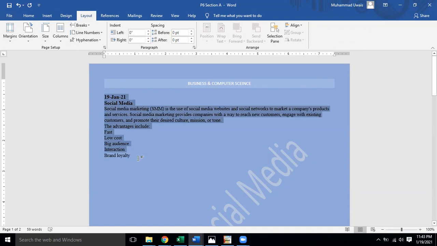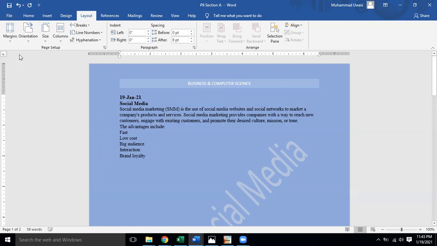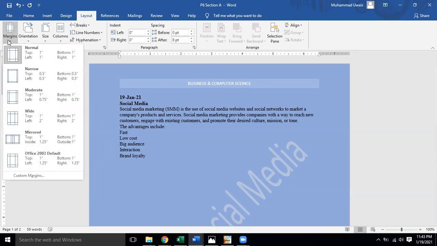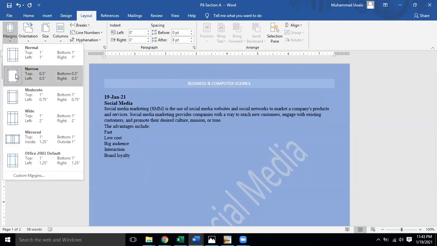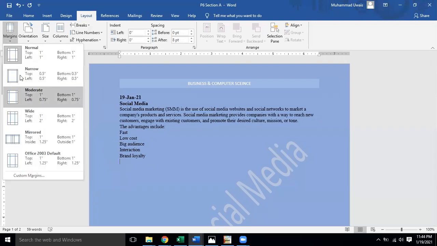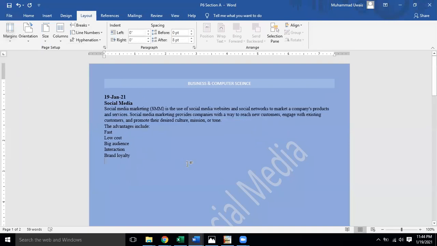If we apply the normal, then the margin is comparatively large. There are some other types of margins, like wide margins. Normally we apply narrow, normal, or moderate, which is between the narrow and the normal. Right now we are supposed to apply not normal but narrow, so I'm going to apply narrow.